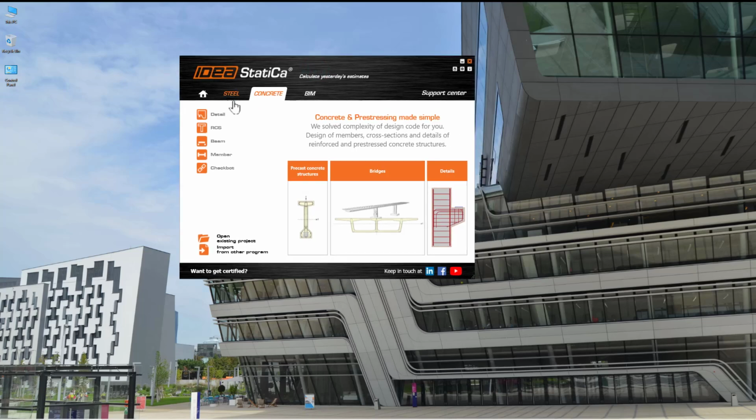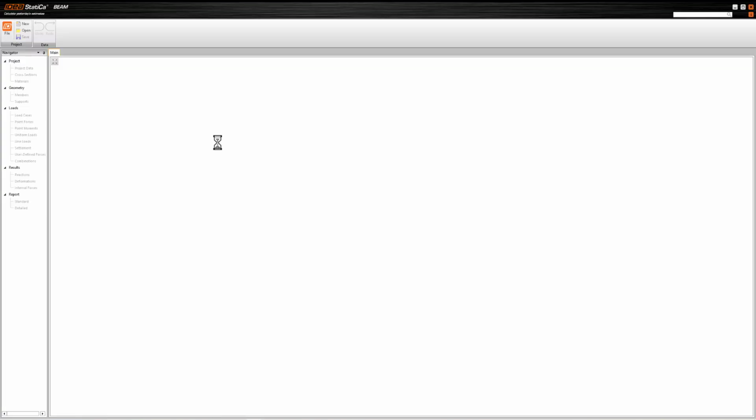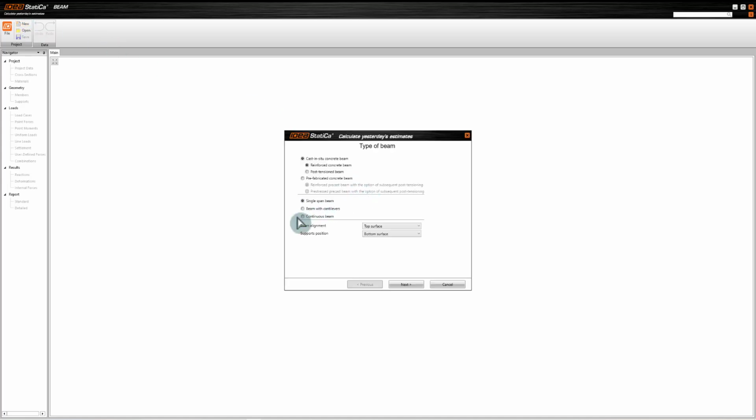As you see, my application is open. I just click on the concrete. From here I click on the beam. The next operation, I click on new. There are multiple things to select, but in my case I want to design the reinforced concrete beam. It's the single beam,